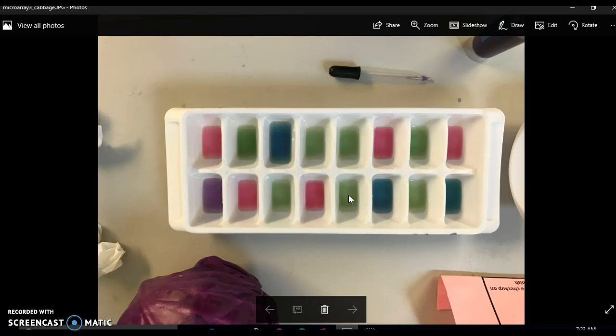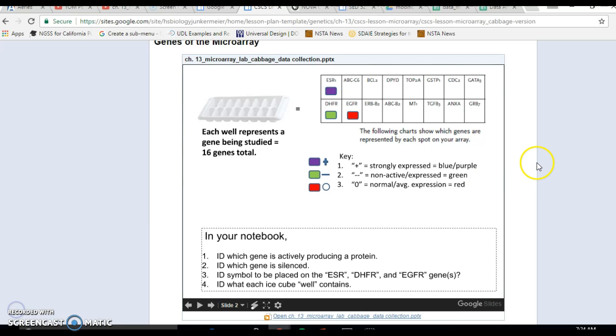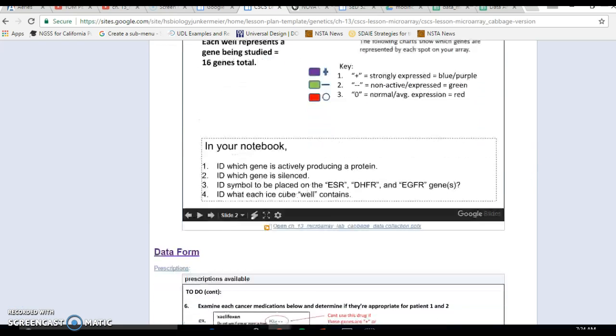So you'll have multiple groups investigating patient number 1, and multiple groups investigating patient number 2. And it gives you an opportunity, in the data sheet where the students enter their results, to see how closely similar their findings are, what they're reporting, their data on each patient and their gene activity. All right, so as you go down,